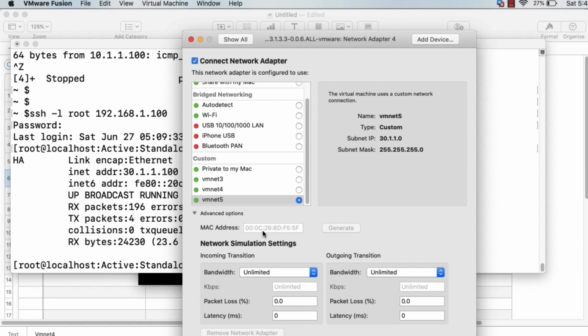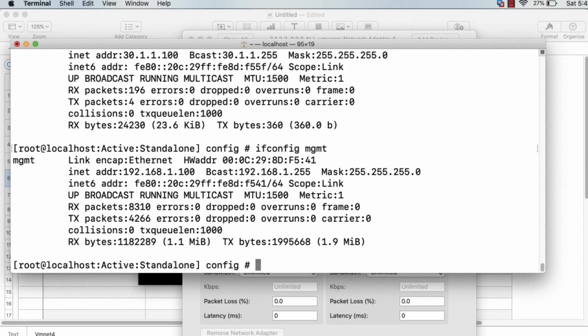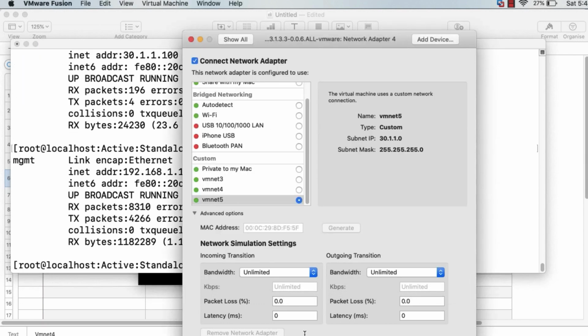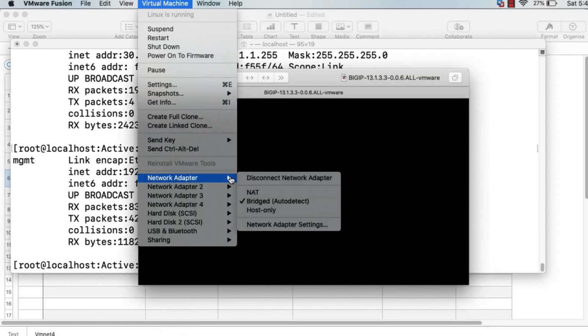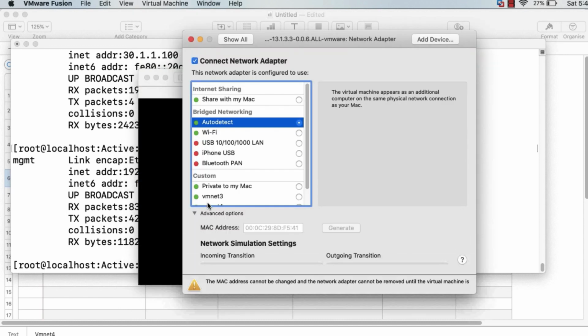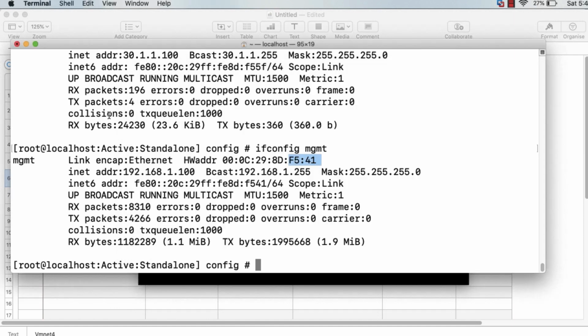It is not visible because it is degraded. And similarly, even for the management, we can verify it. The MAC address of management is F541. Close it. F541. This one is being bridged. So this is how we have to identify that the MAC addresses are the same.